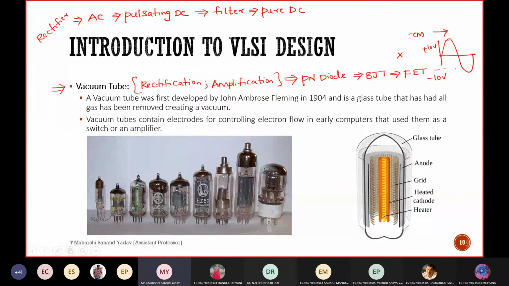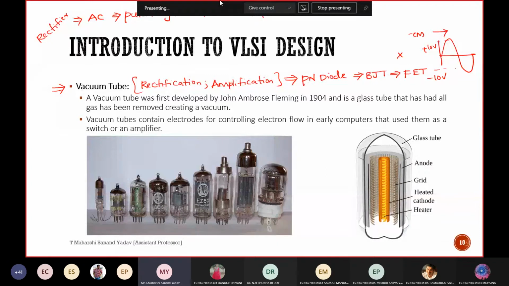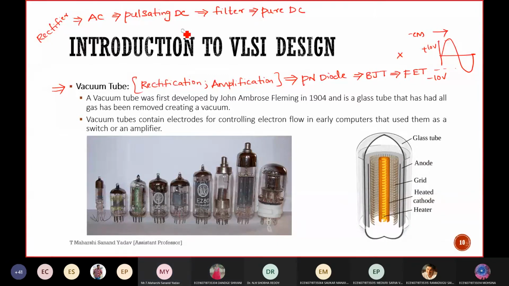What are the filters that you have seen? Low pass filter. High pass filter. In rectifiers, what are the filters that you have used? LC filter, RC filter. Yes. Initially C, L, LC and CLC. These are the 4 types of filter that you have used. Capacitor, inductor, LC, the L section. This is CLC, which is nothing but the pi section.